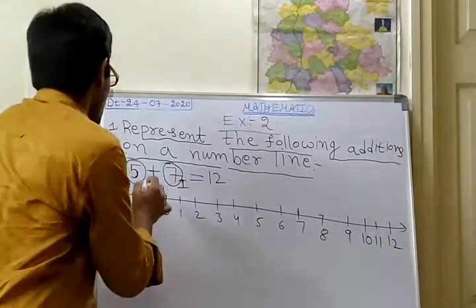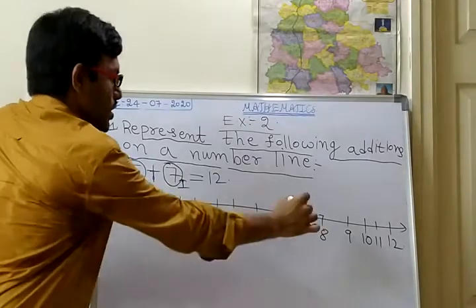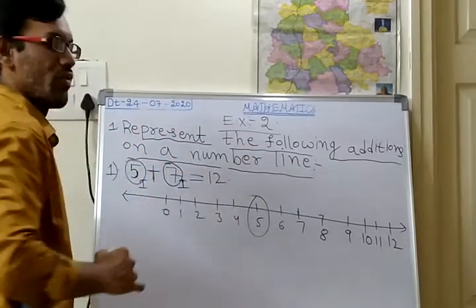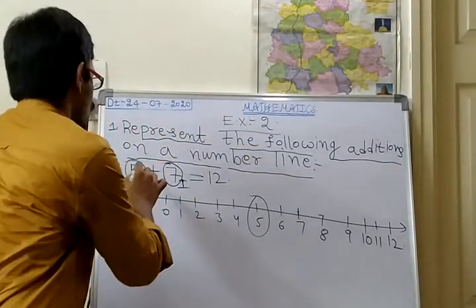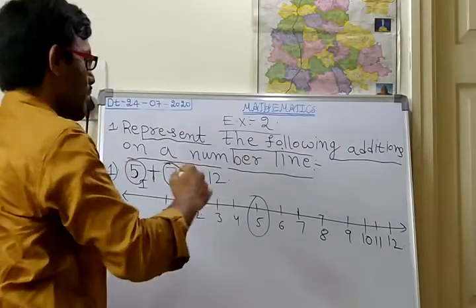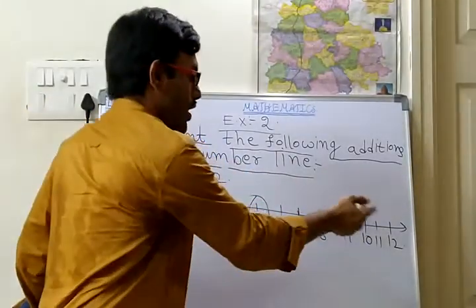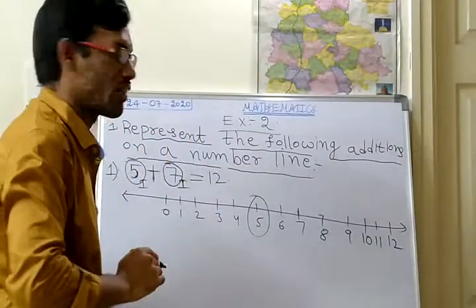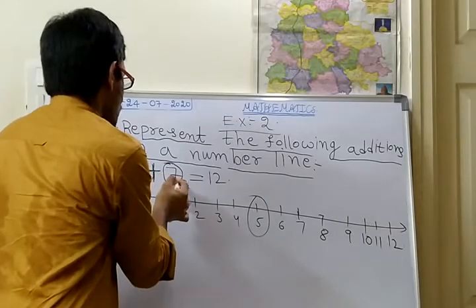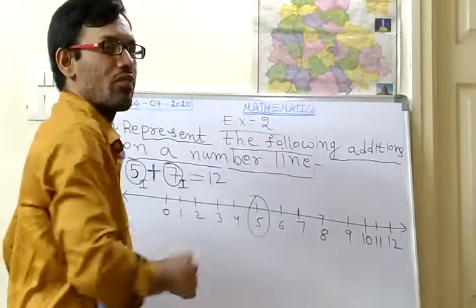Okay. So here what we have to do? First, where is the first number? We should see on the number line. What is the first number? 5. Where is the 5? Here it is. So for this 5 we have to add plus 7, a positive number 7. That means 7 times. To which side should you go, either the right side or the left side? Whenever we are adding a positive integer to the positive integer, we should move to the right side of the number line.